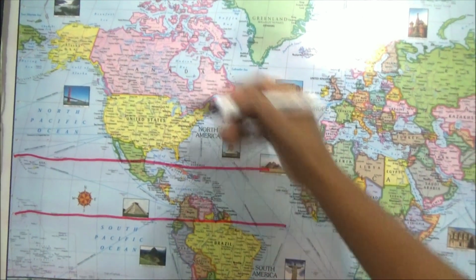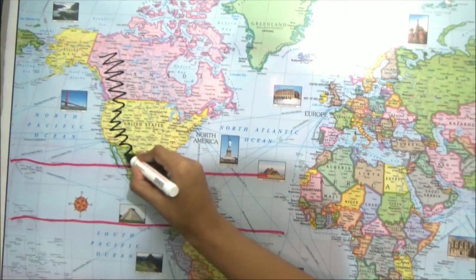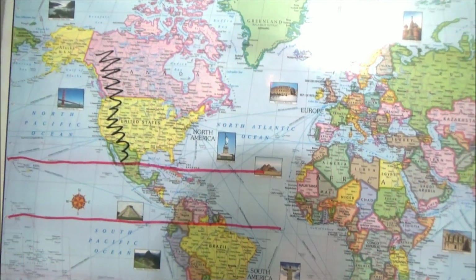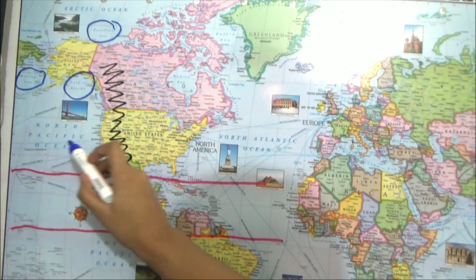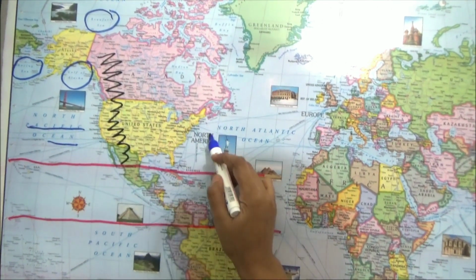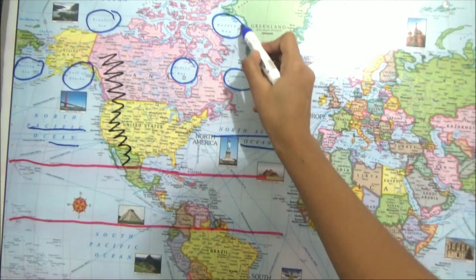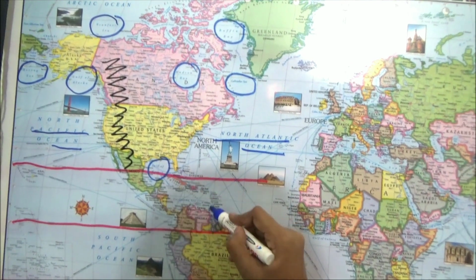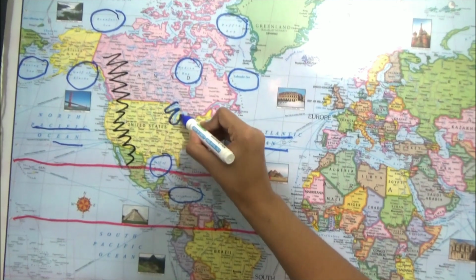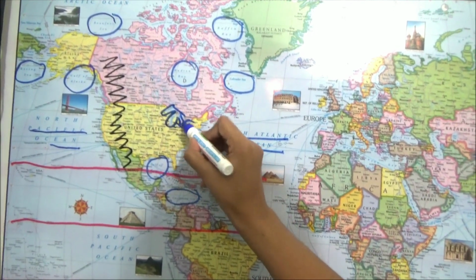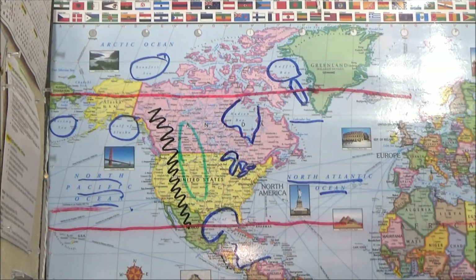For example, what I'm doing here is practicing the physical features present in North America. Here I'm drawing the Rocky Mountains, just as a representation. This exercise helps me to remember which physical features are present there, and I'm also highlighting the important seas and the oceans it surrounds. Also marking the Gulf of Mexico, Caribbean Sea, and the Great Lakes present in North America. Now marking out the Great Plains.